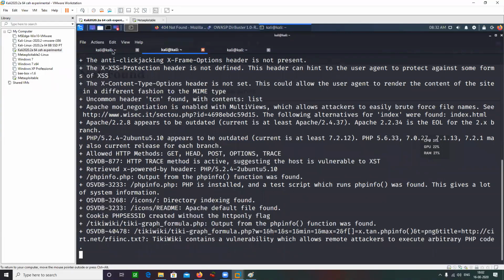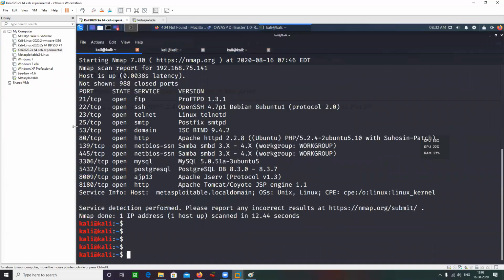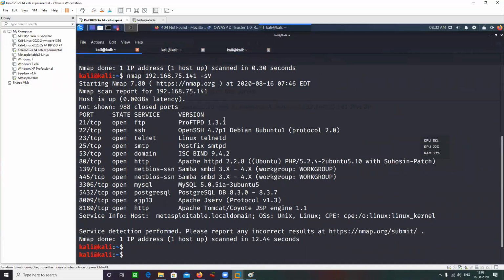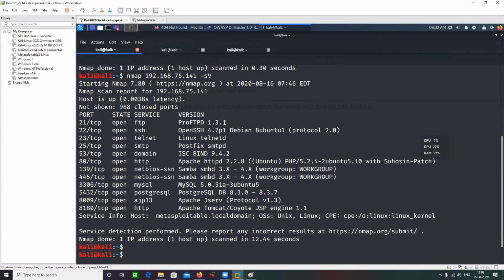What else? So I had port number 21 as well here. Right. Port 21 is here. How can I enumerate this port? How can I make an FTP connection on this port?